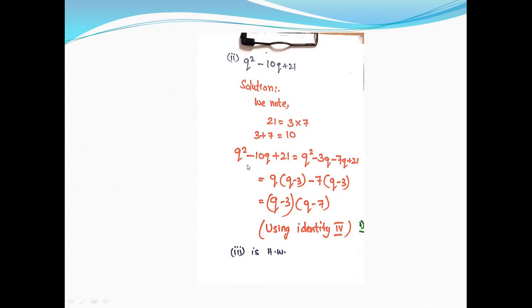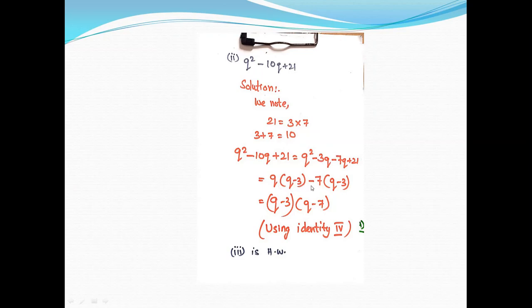So first we have to rewrite the given expression as q square minus 10q plus 21. This can be written as q square, and the middle term will become minus 3q minus 7q plus 21. So you have to change the middle term. Then next, equivalent to, in the first two terms q will be the common factor and the non-common factors